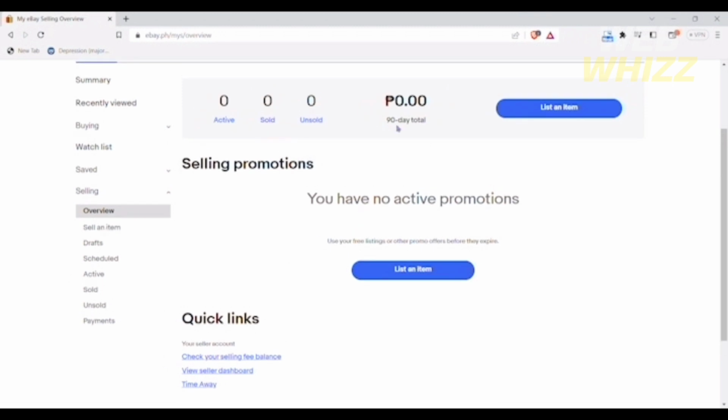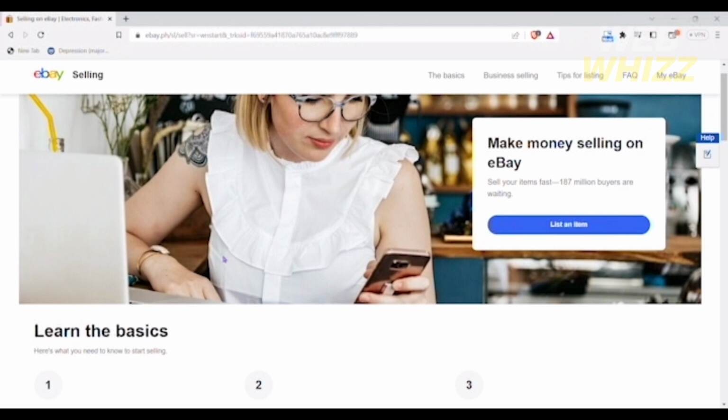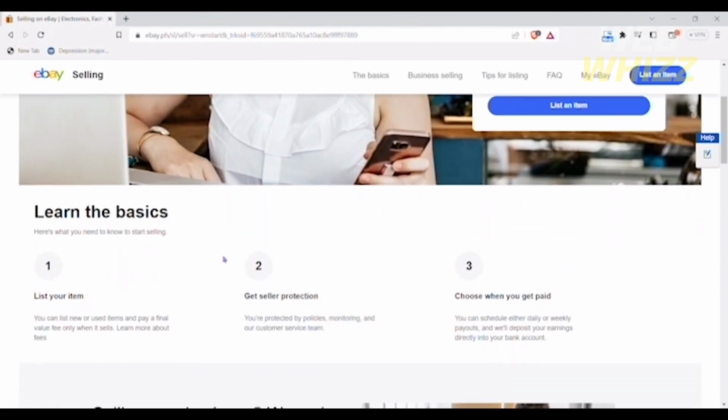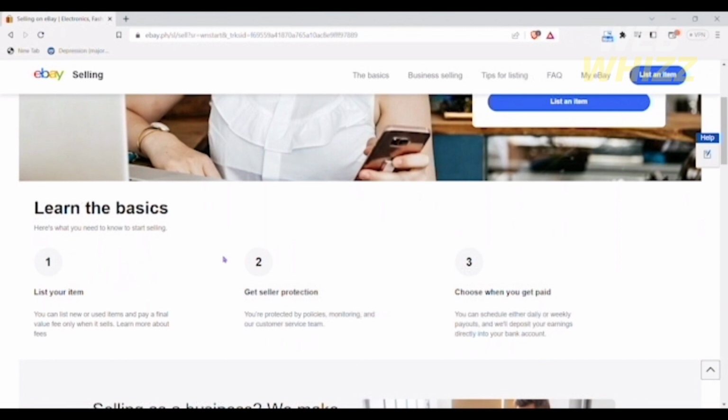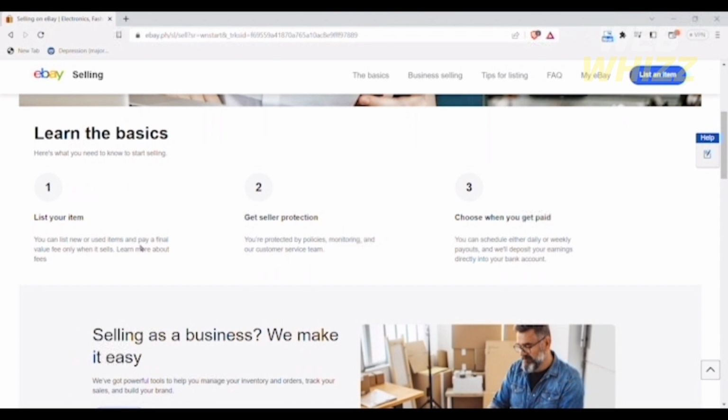Now, click the Sell an Item tab. This is eBay's seller page. On this page, you will find all the details about the eBay seller account. Before starting to sell on eBay, it is recommended that you should know the three basic things, or we can say three basic steps. The first is